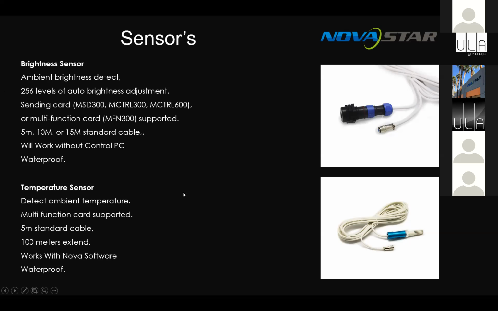There is also a temperature sensor you can get that will give you ambient temperature readings. You can feed that back to the Nova software, if you want to put it up on your screen as a warm fuzzy on a fixed install. I haven't sold one of these to date, but hey, they're there, because predominantly you can pull weather information online and feed it in via an RSS feed or something like that. So there are a couple of sensors you can get, but fundamentally I sell a brightness sensor with any of my fixed outdoor screens,